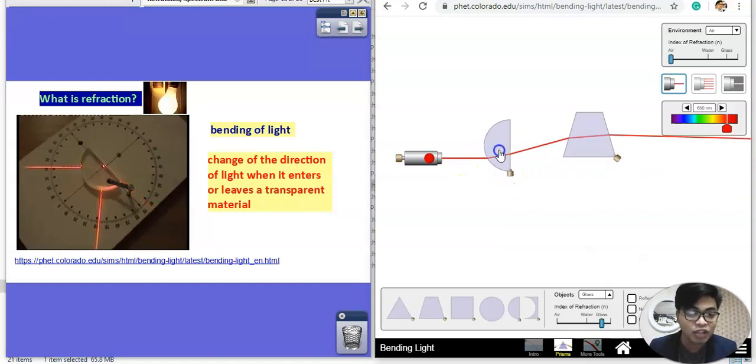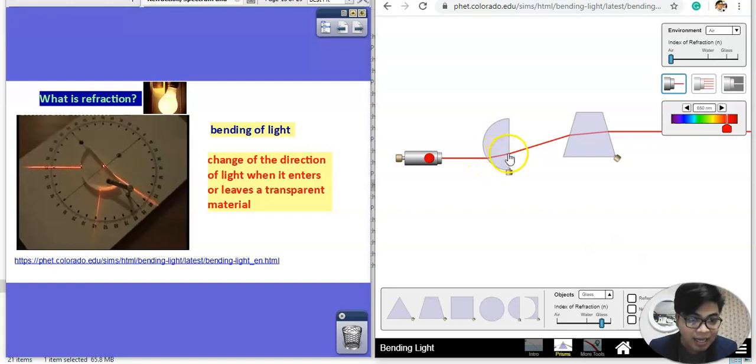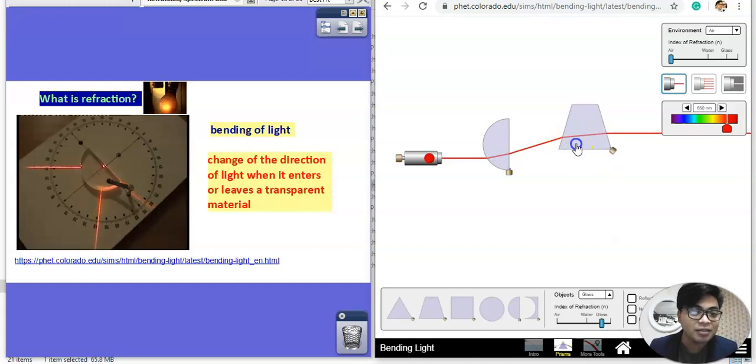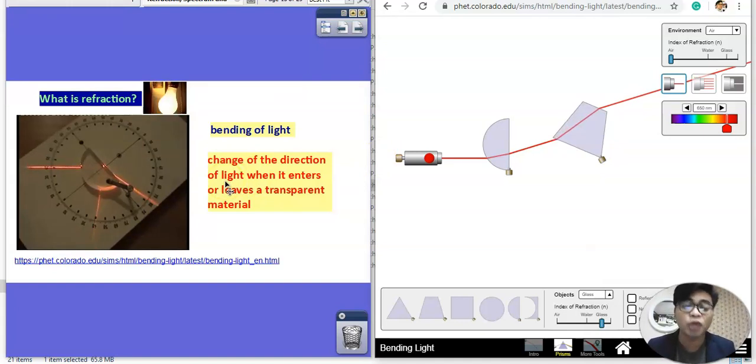It changes direction here, and here, and again it enters the glass here and changes direction. So we call this phenomenon refraction, and we're going to relate later why the colors of the rainbow